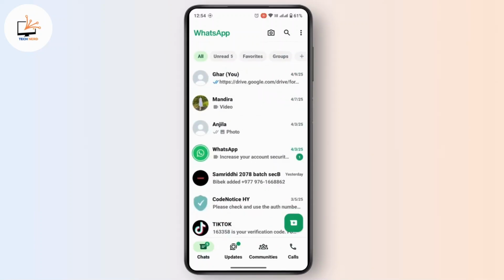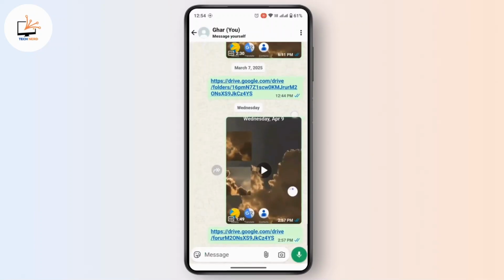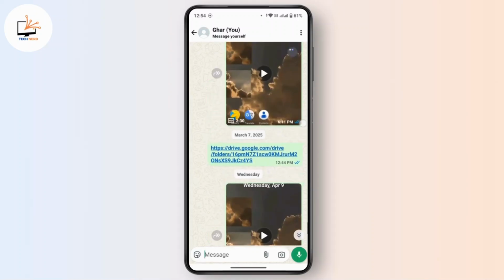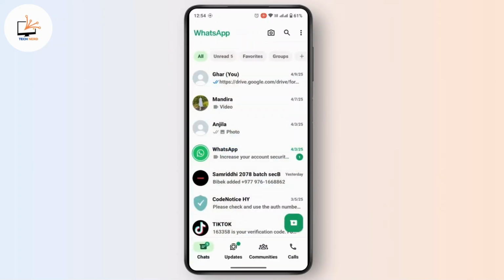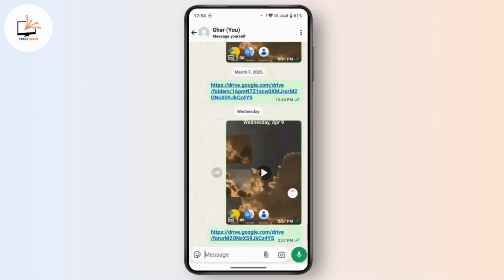So if you want to convert it, you can use a photo editor or an online tool to convert JPG to PNG. Or if you want to convert video to MP4, you can use an online converter. You can open up the browser and then search for video to MP4 converter and convert your video. Or if you have any other document that is not supported, then you can convert it into PDF. So for that, again, open up your browser, search for file to PDF converter, and there you can convert your